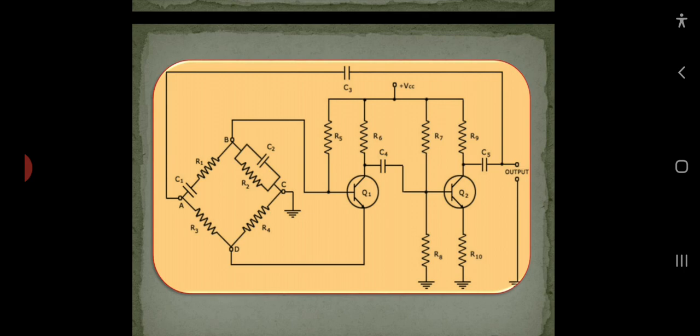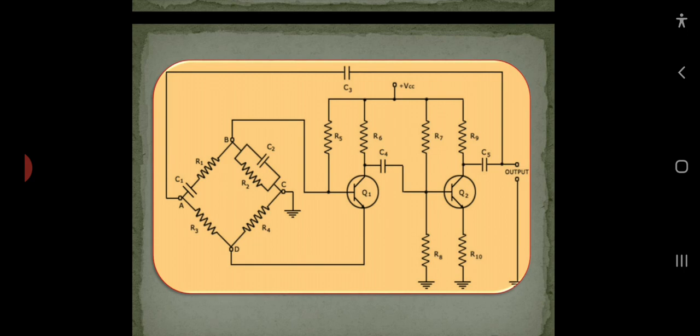The whole phase difference between input and output will be produced by these two stages only. Here the voltage drop across the lead-lag arm will provide the positive feedback at the base of Q1, and the voltage drop across the other arm, AD and DC, provides the negative feedback in the emitter of transistor Q1. So this was the whole component description, and output is taken across the output near the capacitor C5, and we can get an output.